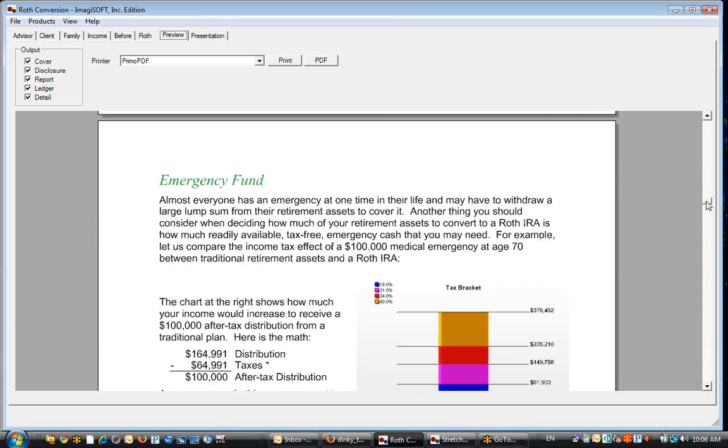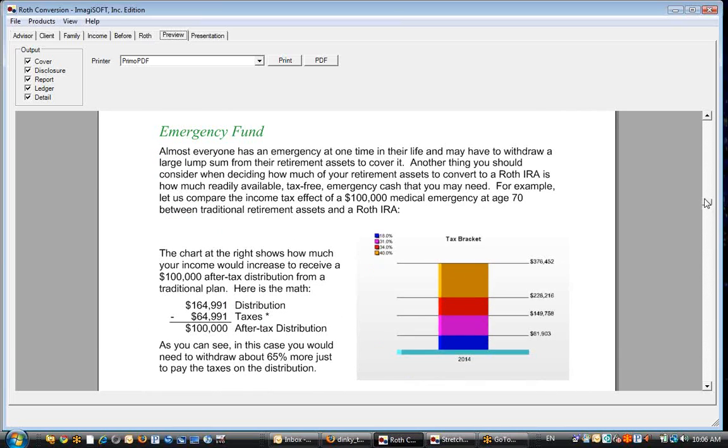Okay, so there's their benefit analysis if you wanted to show that. Some people are less patient than others. Some people will really drag you through it, and some people want to see other things. But a good talking point is this emergency fund right here. So here, the chart at the right shows what happens if you need $100,000 hypothetically, just 5 years from now. So you have to take a $164,000 distribution, pay $64,000 or $65,000 there in taxes to end up with your